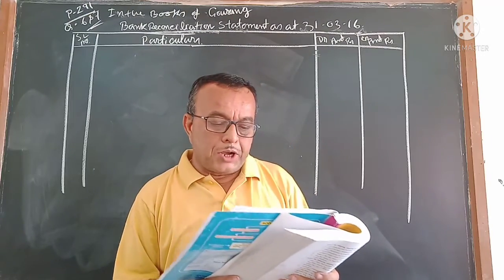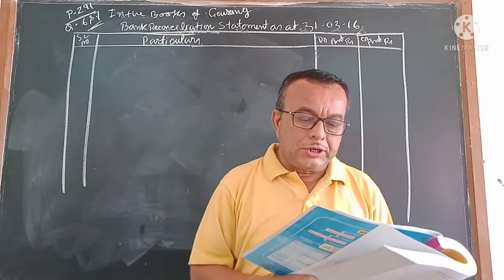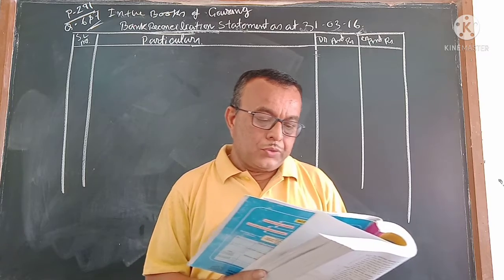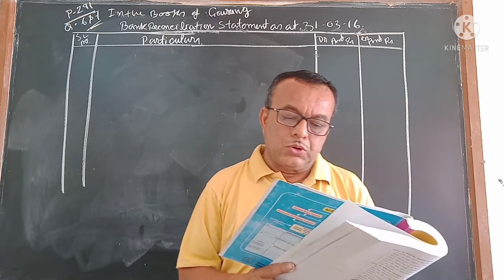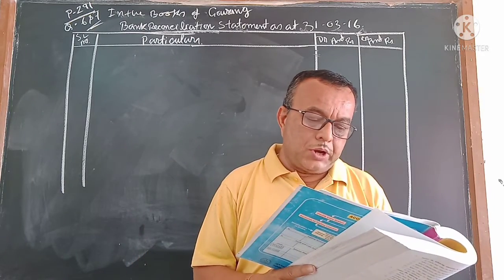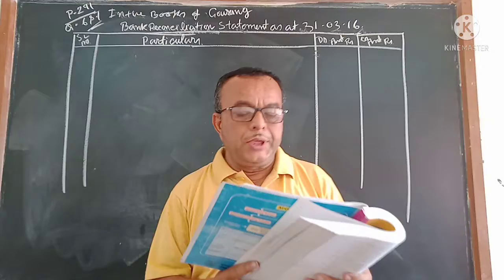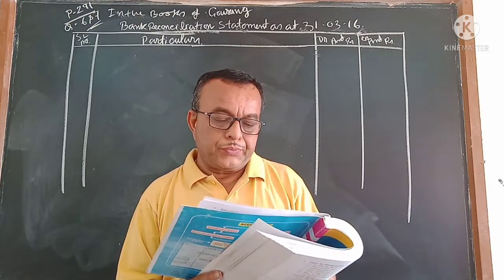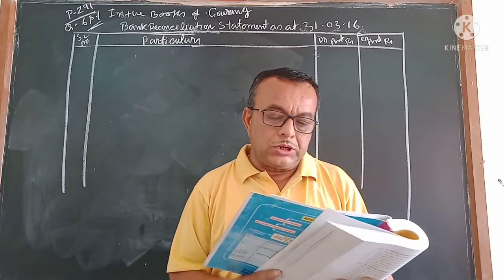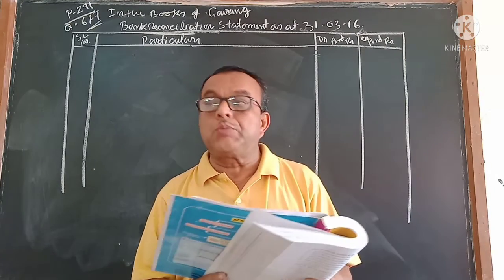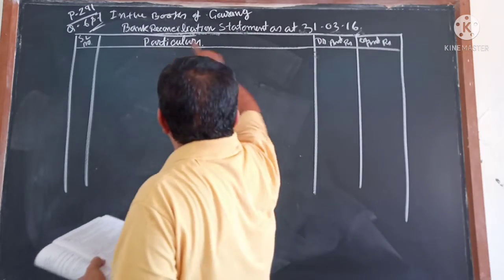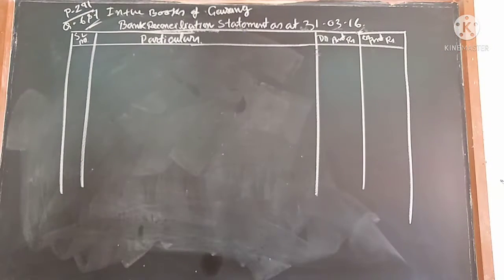Bank balance as per passbook of Gaurang as on 31st 3/16 was rupees 10,000, which does not tally with the bank balance as per the cash book. Following information is obtained while comparing the cash book and passbook. Prepare the BRS, bank reconciliation statement. The bank balance as per passbook of rupees 10,000 as on 31st 3/16 in the books of Gaurang is given. I write: in the books of Gaurang, bank reconciliation statement as on 31st